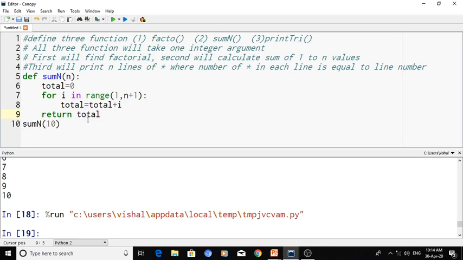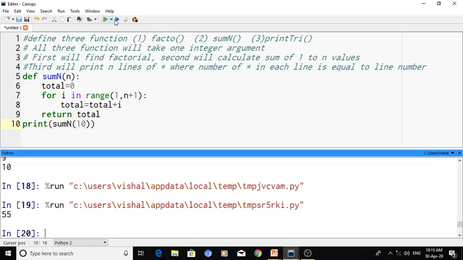And now this return is returning a value to its caller. The caller is line number 10, sum n is the caller. So I will print it. See, the result is 55.